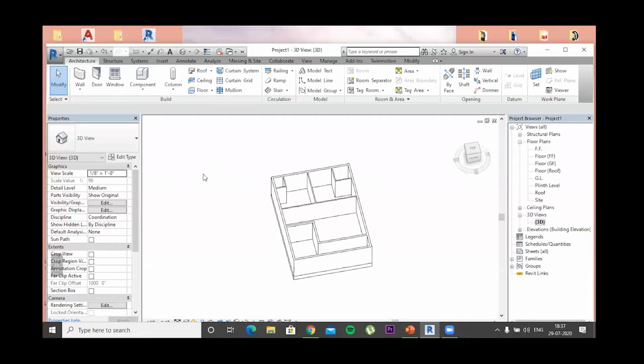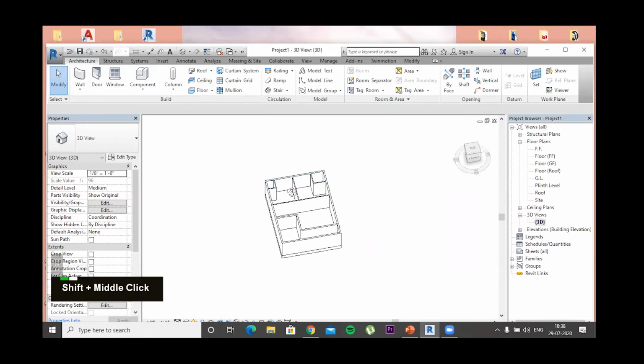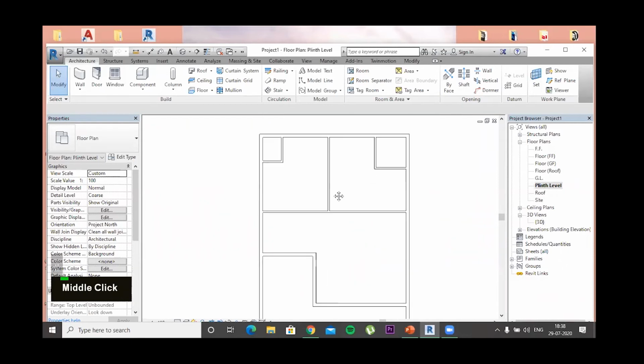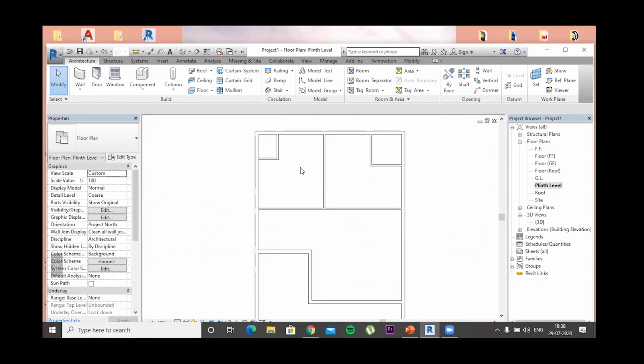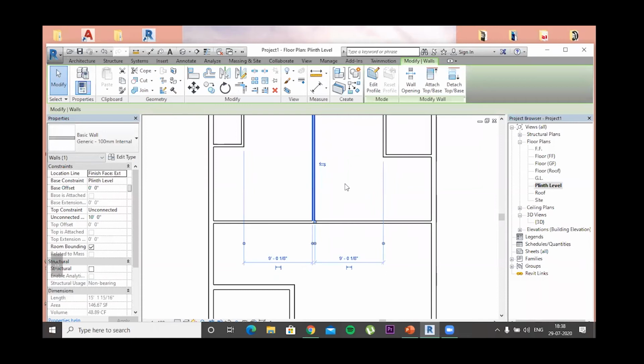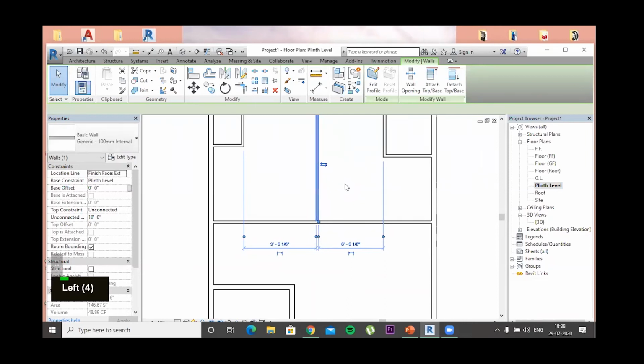Then the third doubt is, can we change the dimensions of the whole room after creating walls? Yes, we can do many things. For example, right now I did this. Now I don't want my bedroom to be so large, like the kitchen is very large. So now I can move the wall. I have to just click on the arrow keys. For right, the wall will move to the right, for left it will move to the left.